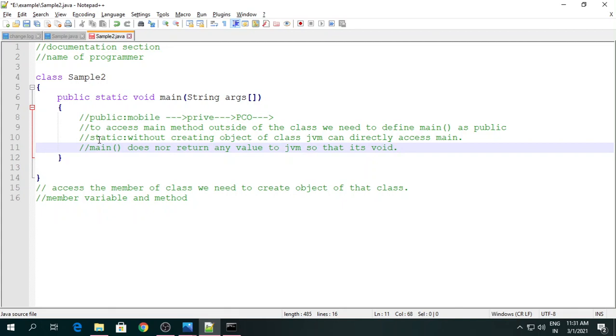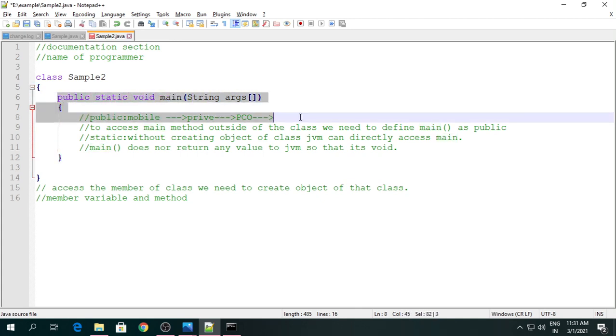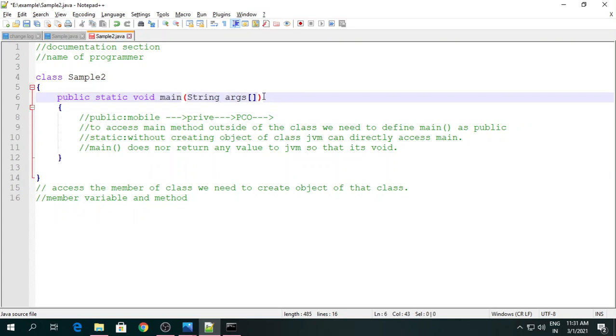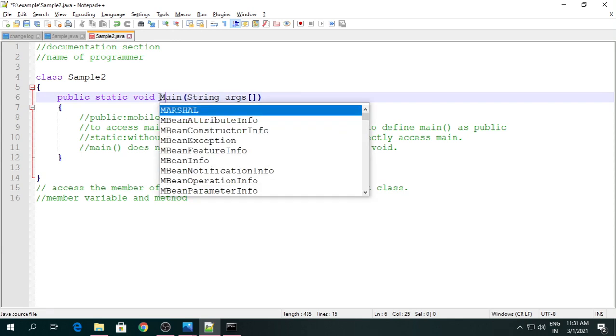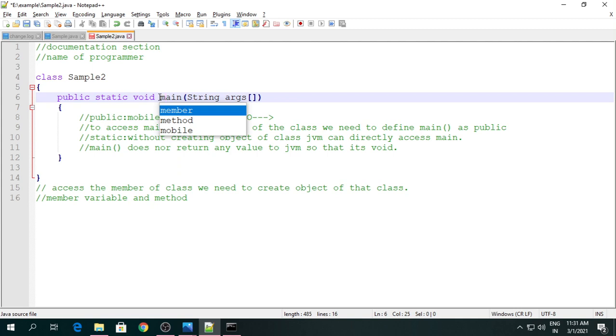And the next one is the main itself, the name of the method is main. So the signature is given: public static void main(String args). It should be like this. Java strictly follows this signature. If it does not find a signature like public static void main, it gives an exception. So the name of the method should be main. We cannot write a capital letter M here, it is not acceptable. It should be in small case, main method. The execution of your Java program starts from the main method, so the main method is important.